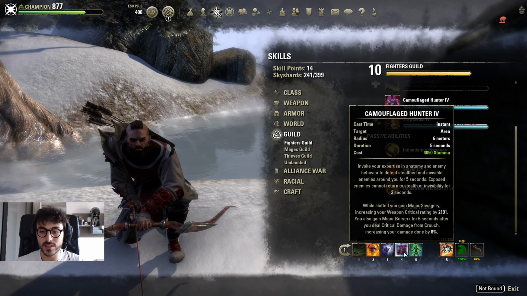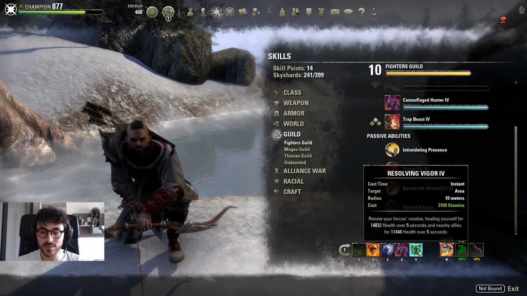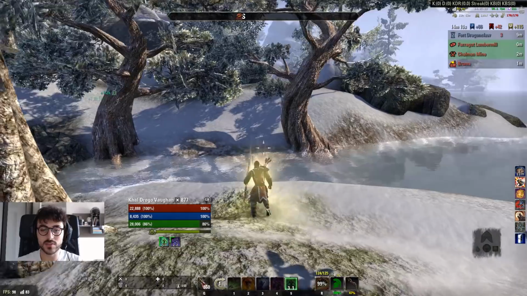We have 8%, we have the minor berserk debuff that every Nightblade always has. It has other important things. Then Vigor, our main healing, really good. Remember to use Vigor and avoid some damage